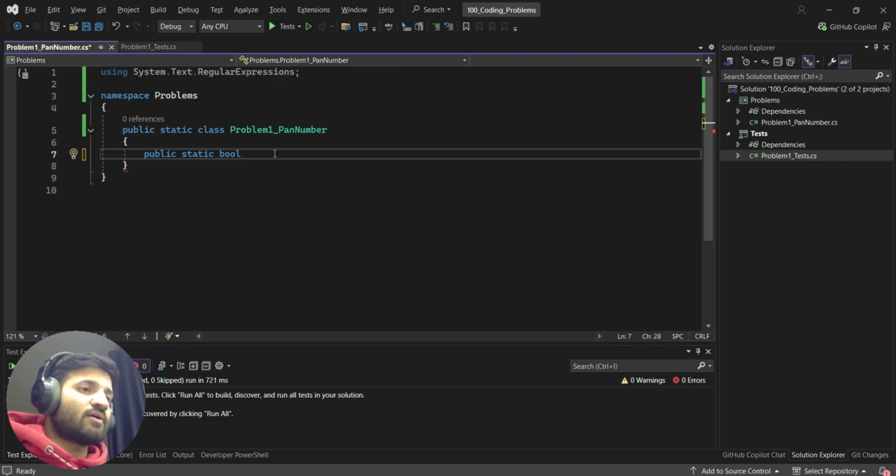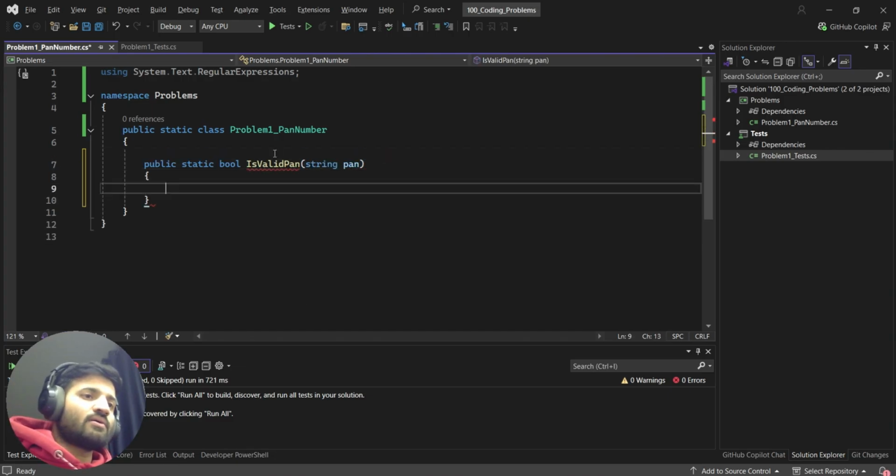So I'm going to make this a boolean function, and the name would be, let's say, isValidPAN, that accepts a